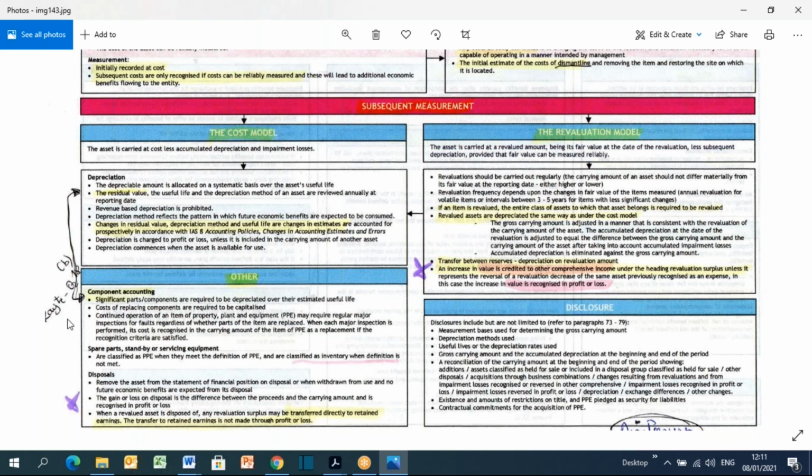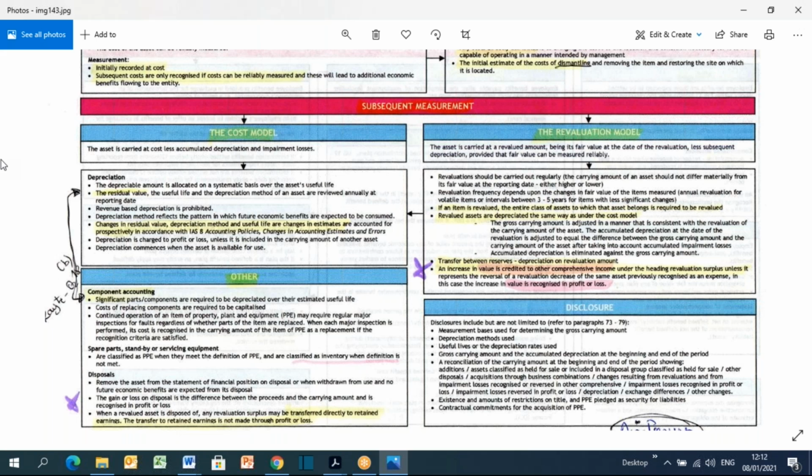And this question also relates to the significant components, the significant parts that are to be depreciated separately, and you can find this in the question. So again, the disposal, highlight the bits that you find important, give you a starting point. Maybe it will not give you everything that you need to put down in the exam, but remember that SBR